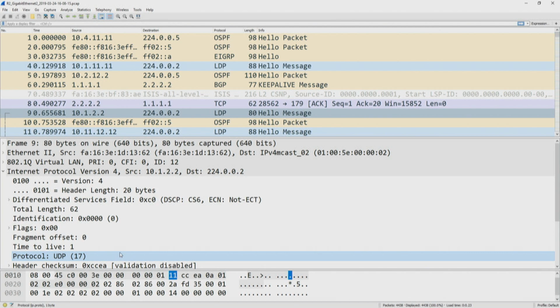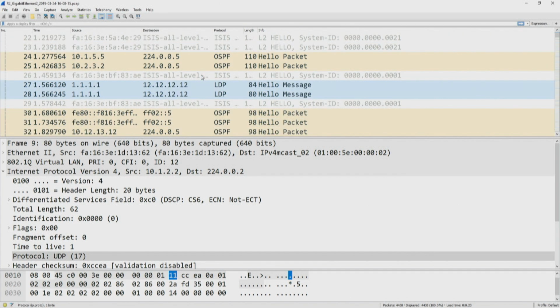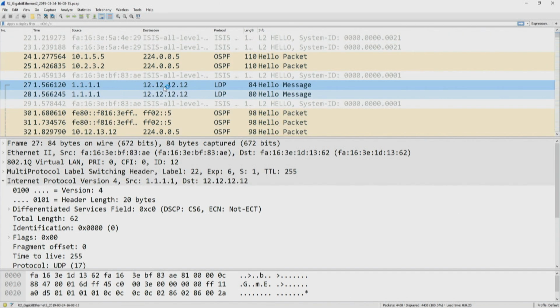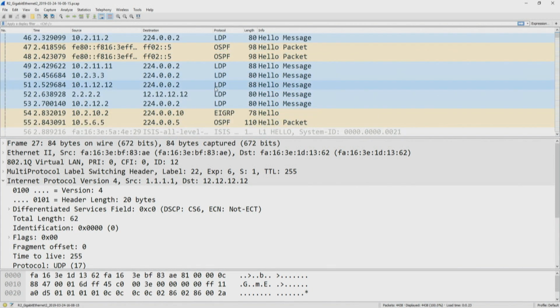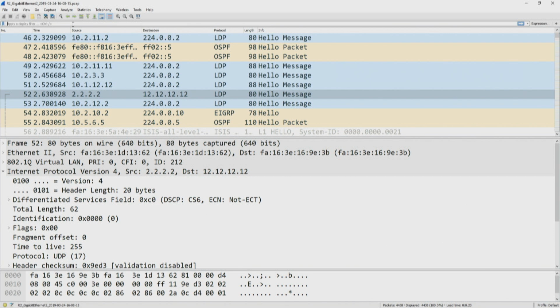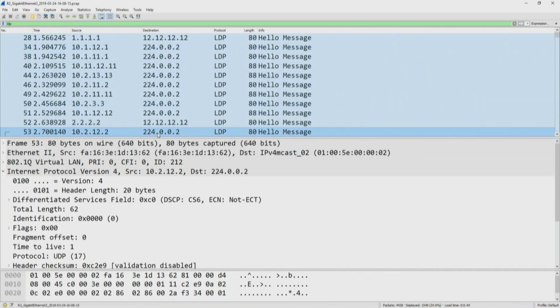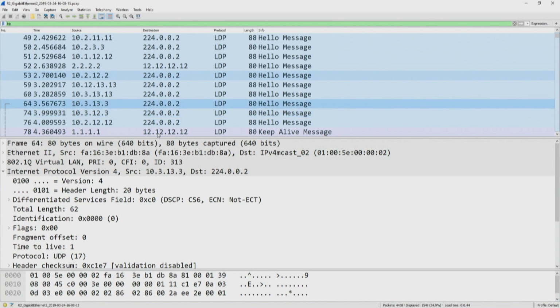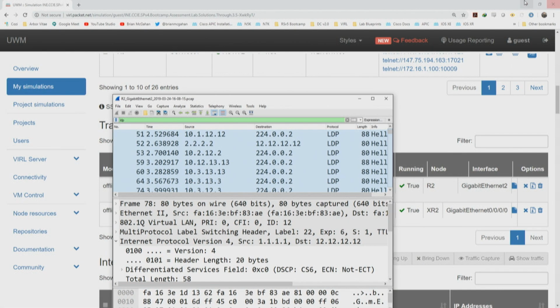It's using UDP. We would also see LDP that is unicast LDP, which is for actually exchanging the label information. This would be using not UDP for transport, but this would be using TCP. So if we search for LDP, okay, let's go to the display filter, just type LDP, enter. And we should see that at least some of these packets would have been generated by TCP, okay, which is this one. This is a keepalive message going from router 1 to router 12.12.12.12, who in our case 12.12.12.12